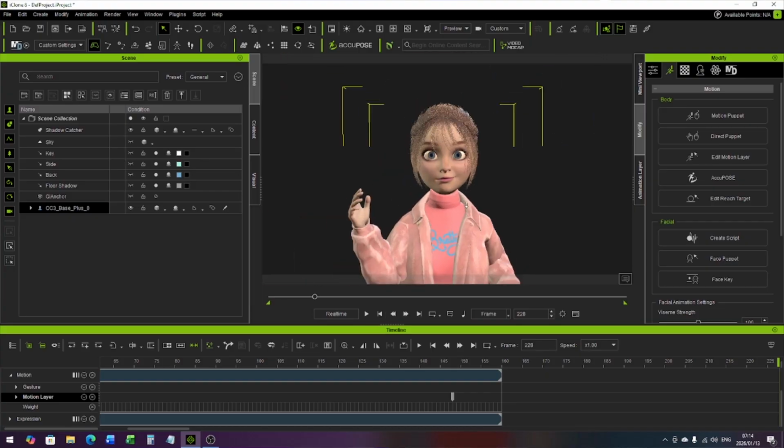So we've understand the timeline. We've done edit motion layers to animate the body. We've also done the expressions, the face key to animate her face. Okay, so you'll see we can now, just with those three things, we can now easily animate. Okay, the next one I want to show you is,